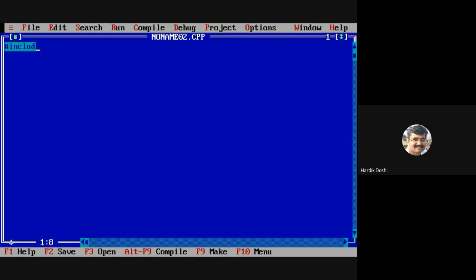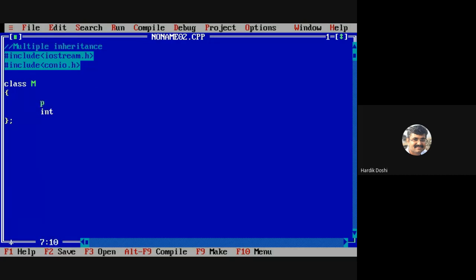Okay, we are going to implement multiple inheritance. Let's say I'm having class M, any class, with one data member.